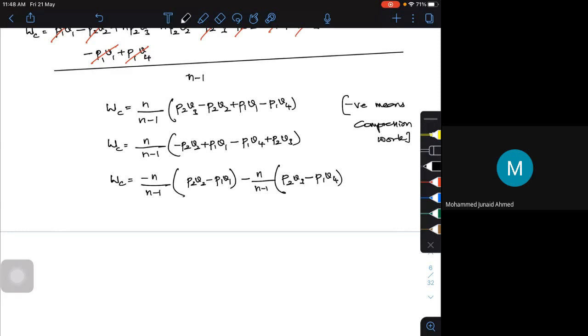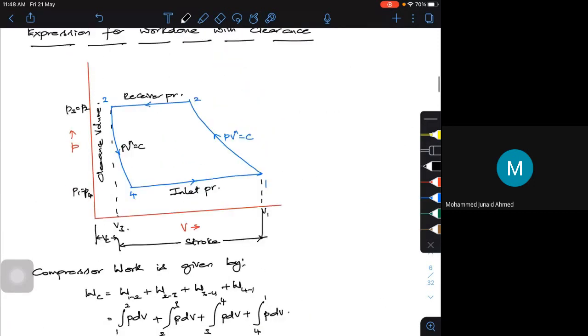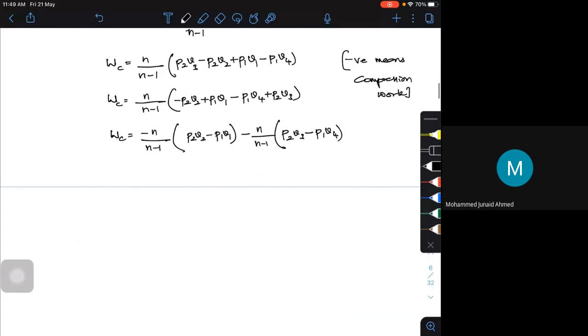Okay, one is an expansion ratio, the other one is the compression ratio. So V3 by V4 is the expansion ratio. If you go back and see here, V3 by V4 is expansion and your V2 by V1 is a compression. Okay, so there is a compression and there is an expansion, 1 to 2 and 3 to 4. Okay, so I am going to simplify this. Negative is something I am taking as common. Negative is something like it's absorbed. I can write compression as a negative of this thing, so I'm going to use this negative here. So I'm no more using that particular negative.